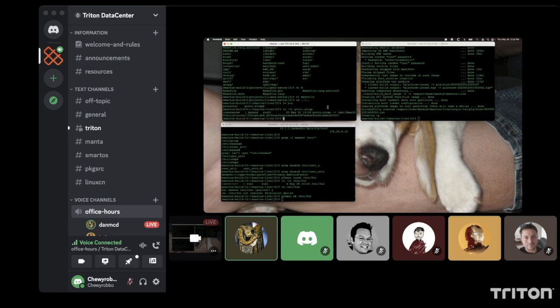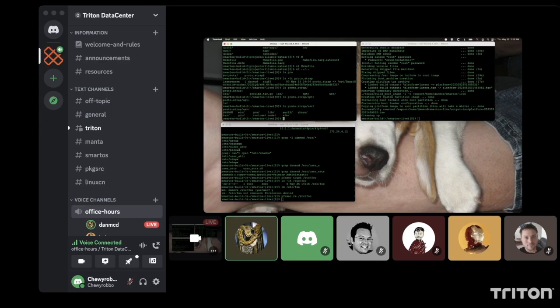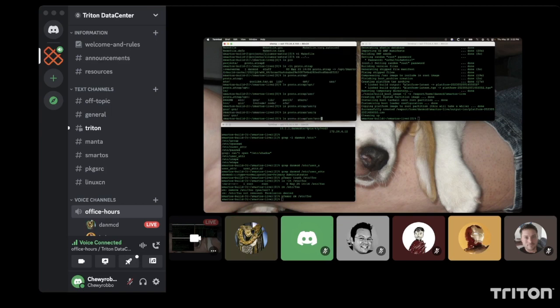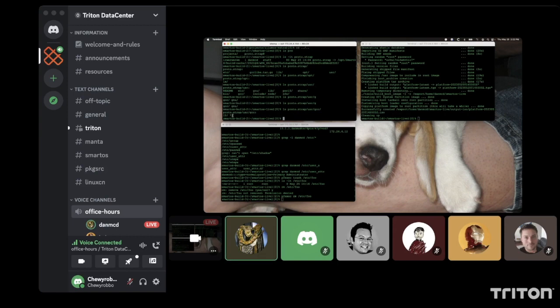And if you go look at proto.strap itself, you will see some things. You will see proto.strap/opt. And look, there's OpenSSL 1.x. What else do we have here? We have user, we have GCC. We have both GCC 10 and GCC 7. Although there's a dirty little secret. If you